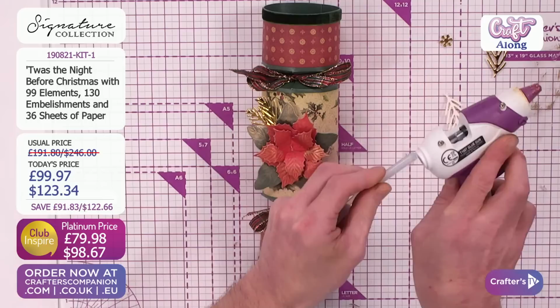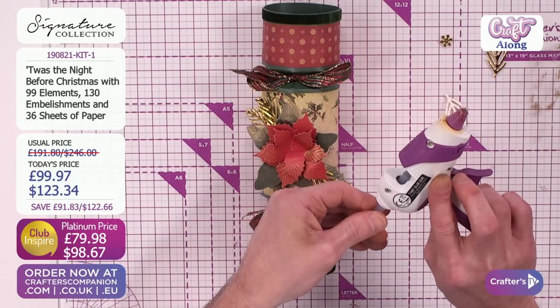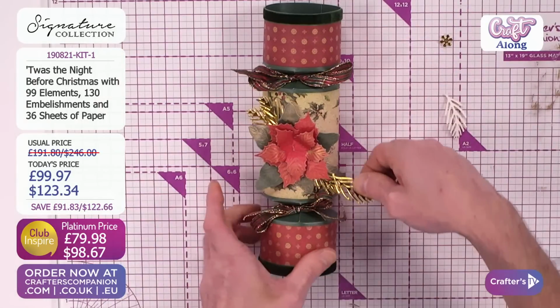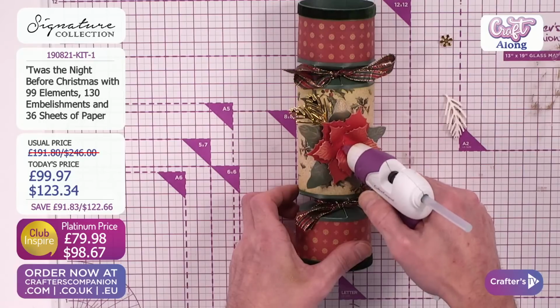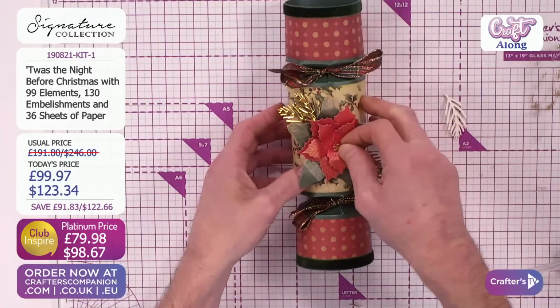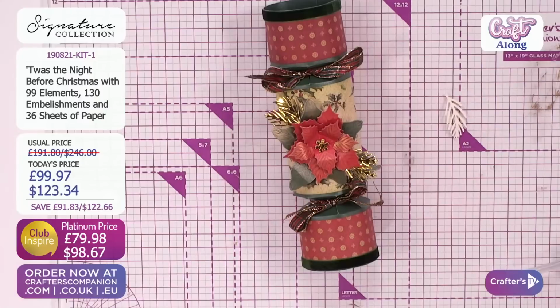Right. And then tuck it in, and then therefore it's going to stick to that base layer, and it's not going to fall out. So let's do that one here, into there, and then I'm going to put a tiny, tiny little bit. I'm going to literally shape it with my finger. I'm going to pop that one there, and to finish the cracker, what I do have, Joe, is